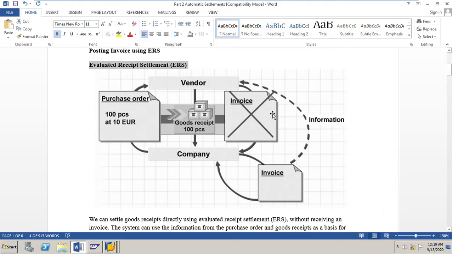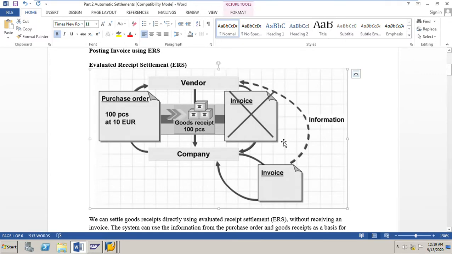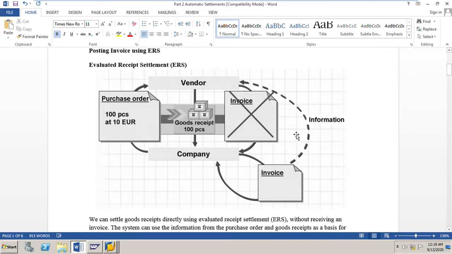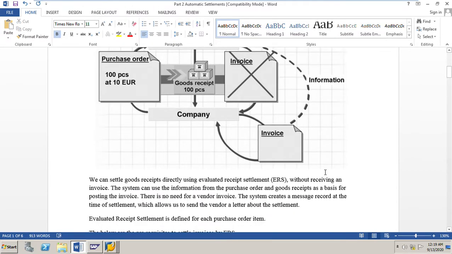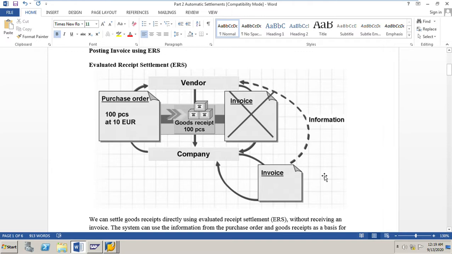But the vendor doesn't send the invoice, and we will post the invoice using the transaction code MRRL for the evaluated receipt settlement. I will show you the transaction code and how to post an invoice using ERS when we post the invoice in the exercise in the next section.